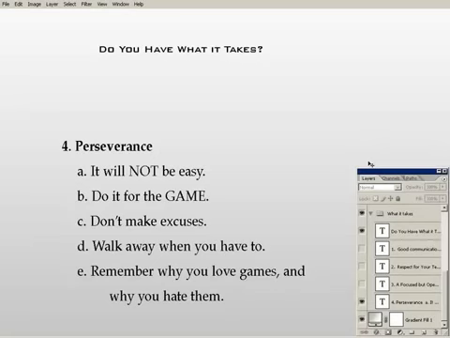Right. And finally, remember why you love games and why you hate them. If you're here, I'm hoping you're a gamer. I'm hoping that there's not a one of you here who is trying to learn how to program games, but you don't like games. At the same time, you should love games and you should hate games. I'm sure for every game that you can think of that was just a phenomenal experience and you loved every moment of gameplay, there's probably 5 other games that you plugged in and immediately wanted your money back. Right. And you need to keep those in mind.